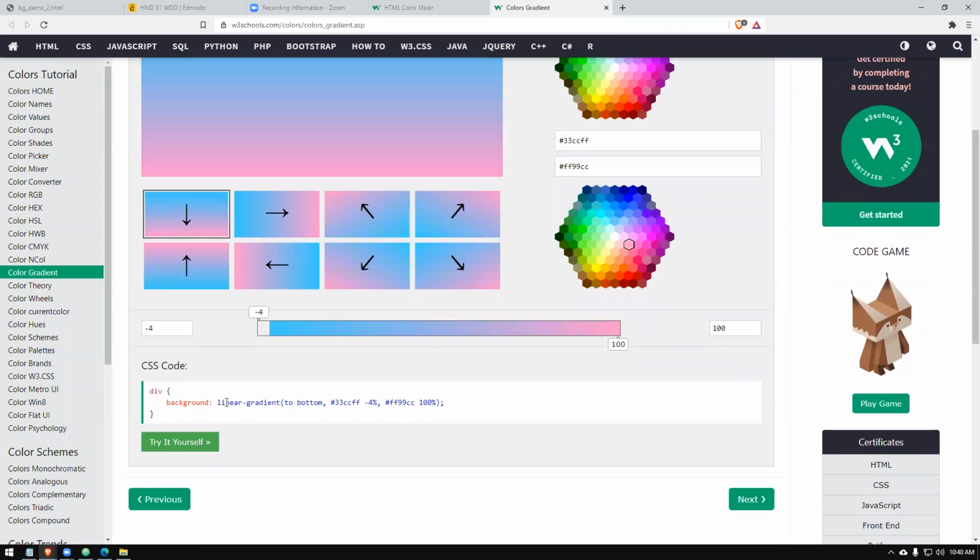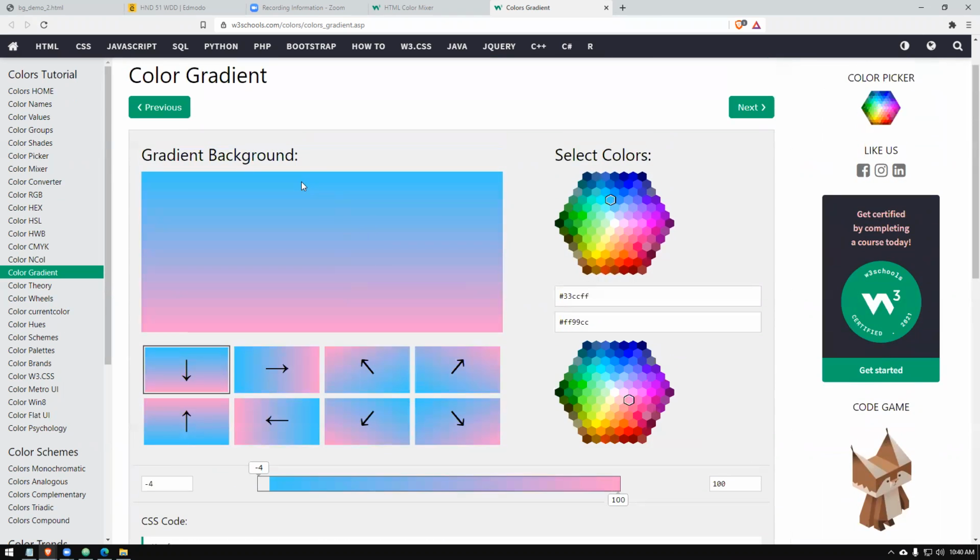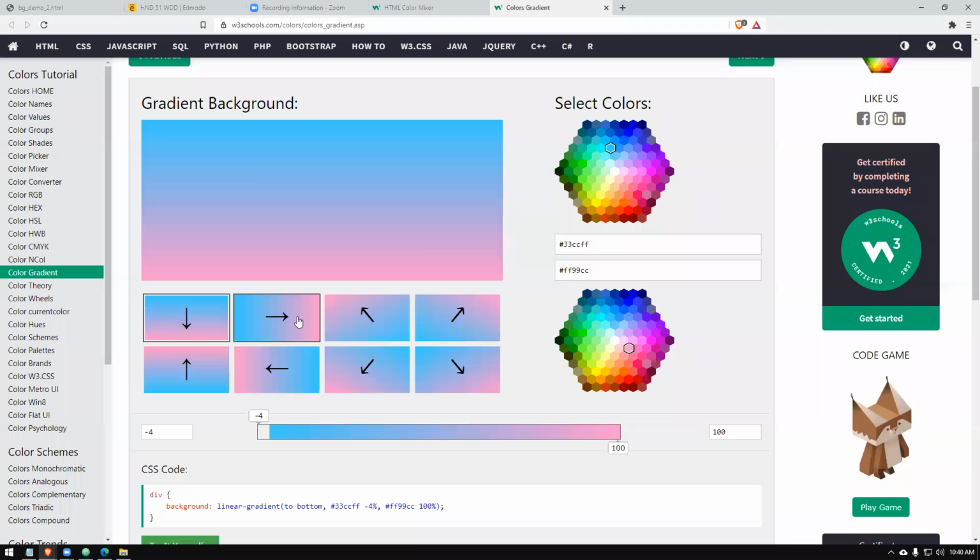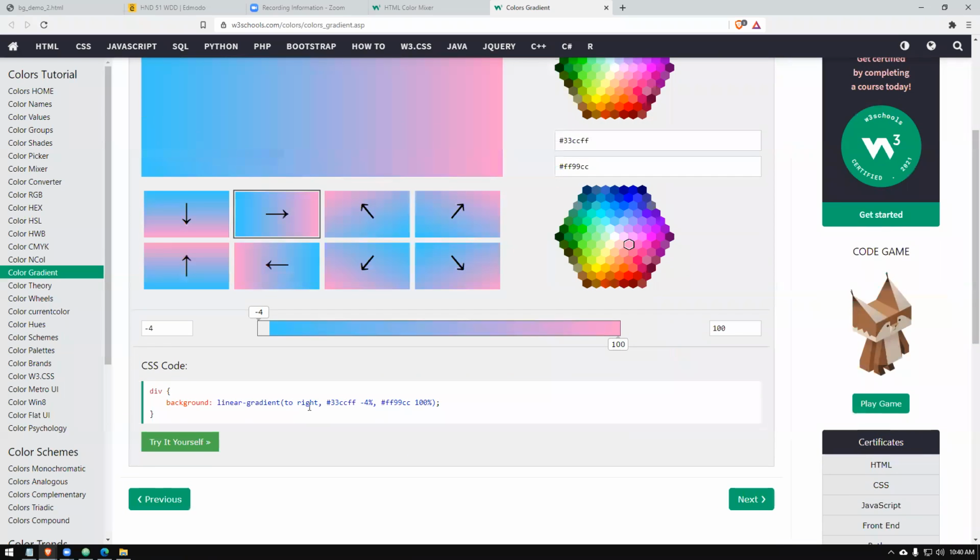First we will understand the linear gradient. I don't know whether you can see this code here. What you see here is it says to bottom, right? If I click these things, it's changing these values to right, right? So to top left, it's giving some values, right?